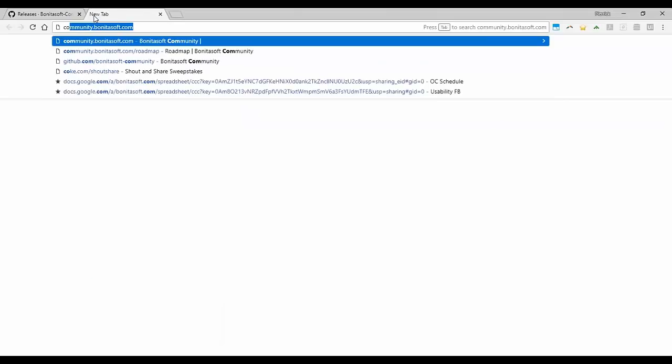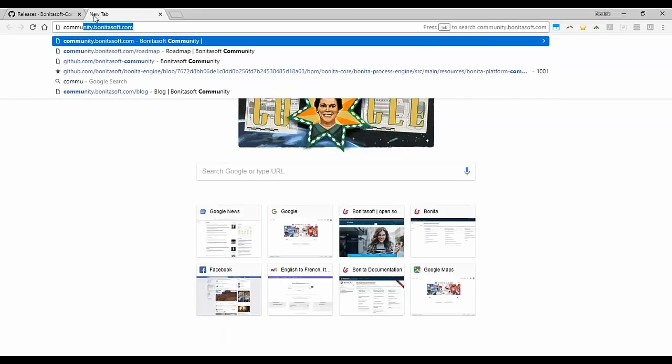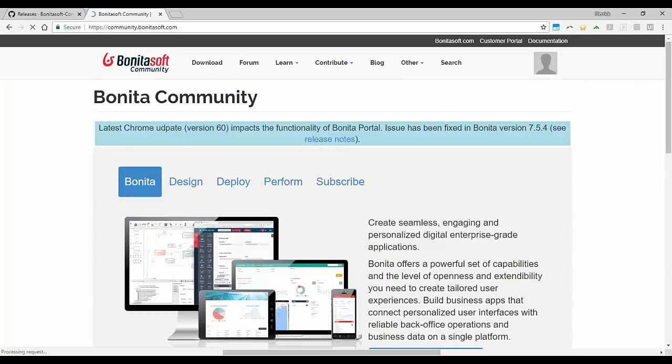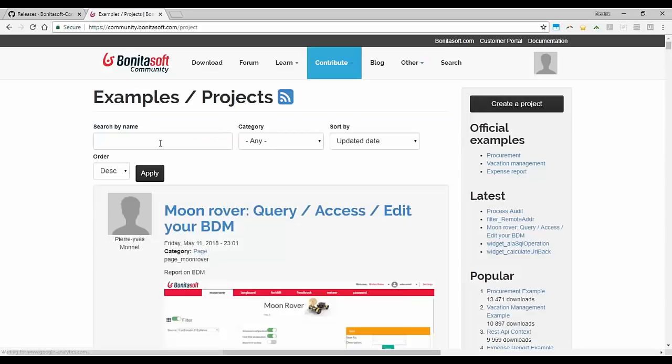So if you go to community.bonitasoft.com, you have the contribute here, and you have projects. So contribution is usually a project on our website, and you can search for something that has been done before.